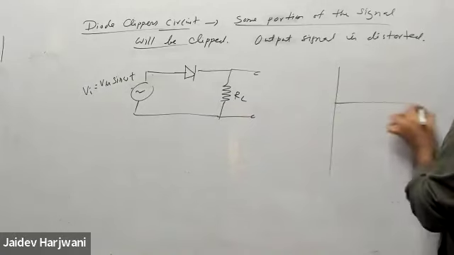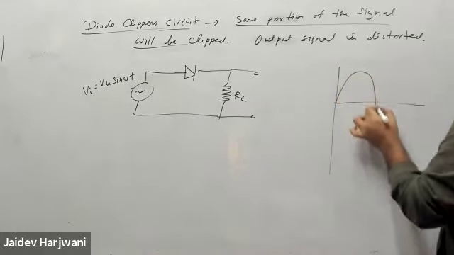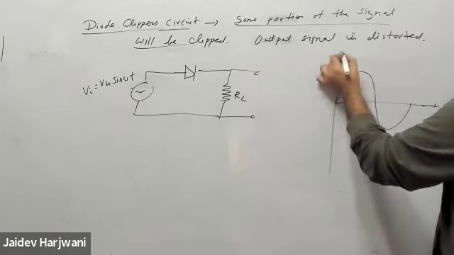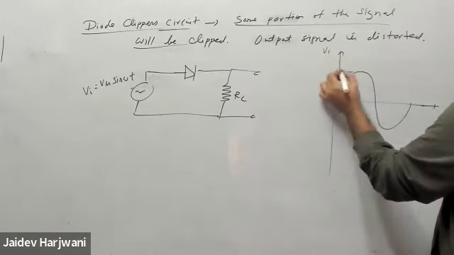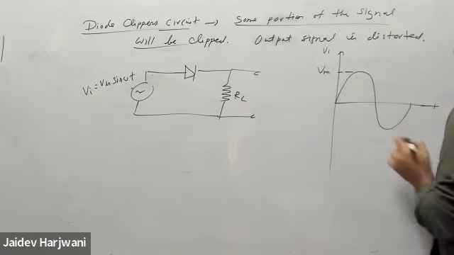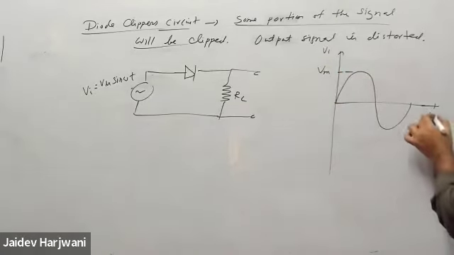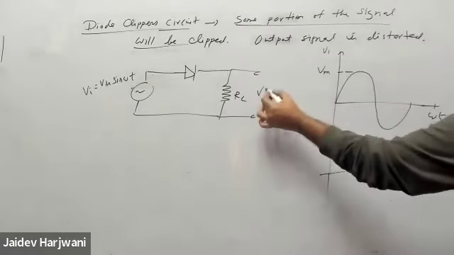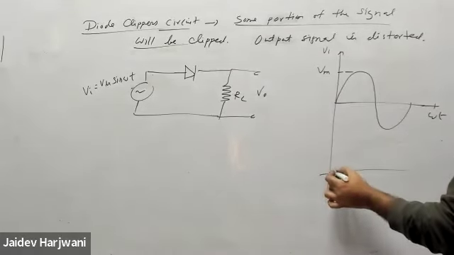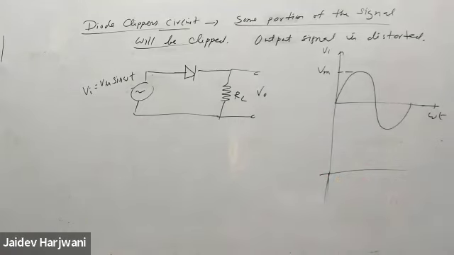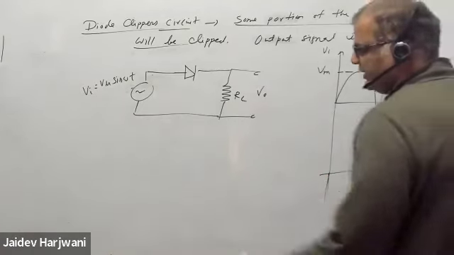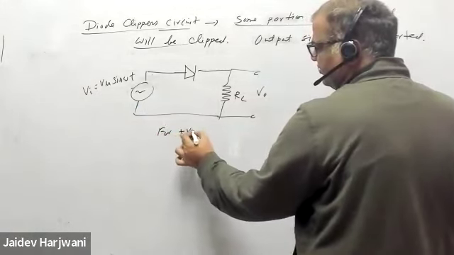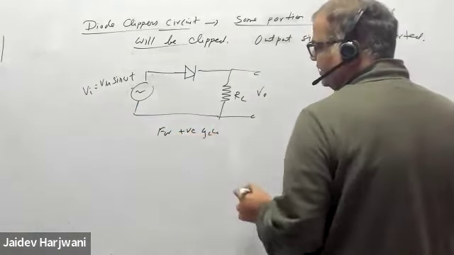So your V output here will be what? For positive cycle,